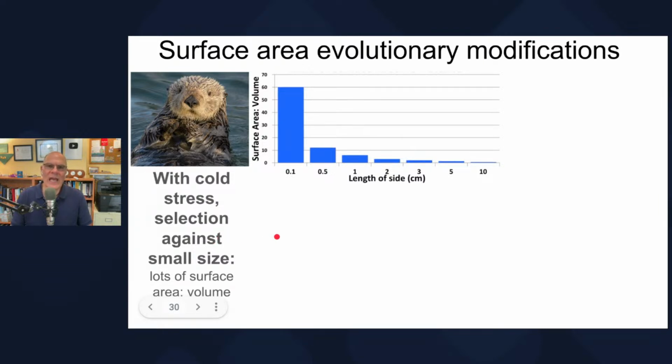The reason is that as you get smaller, you have more surface area relative to your volume. And with more surface area, you can more easily radiate heat out to the environment. That is a bad thing if you're a marine mammal, a body temperature regulator living in cold water. And on account of that, otters are about as small as you can be and still be a mammal living